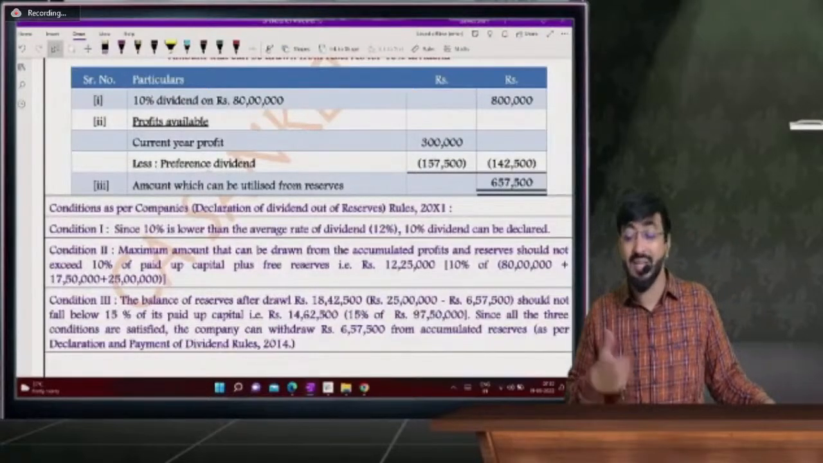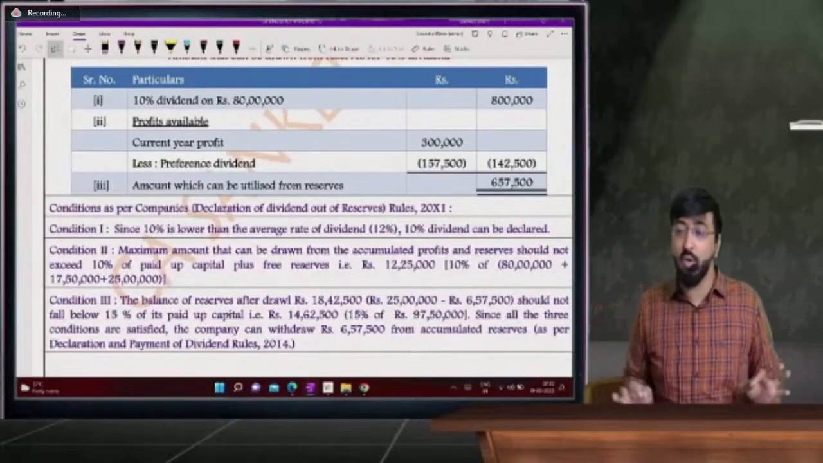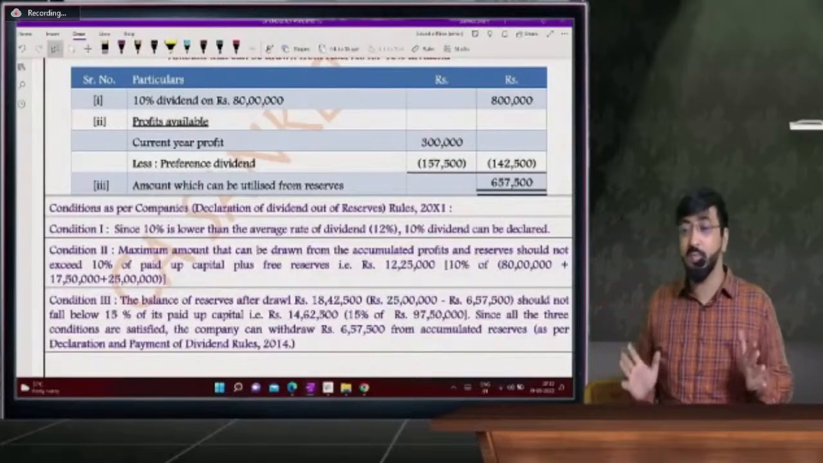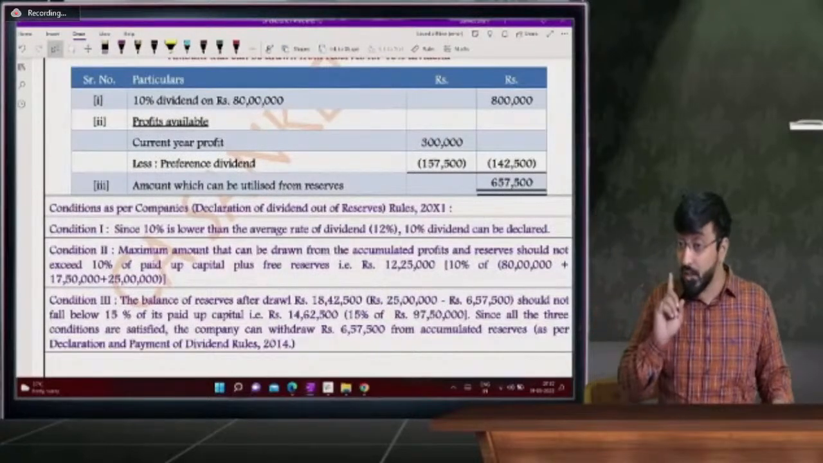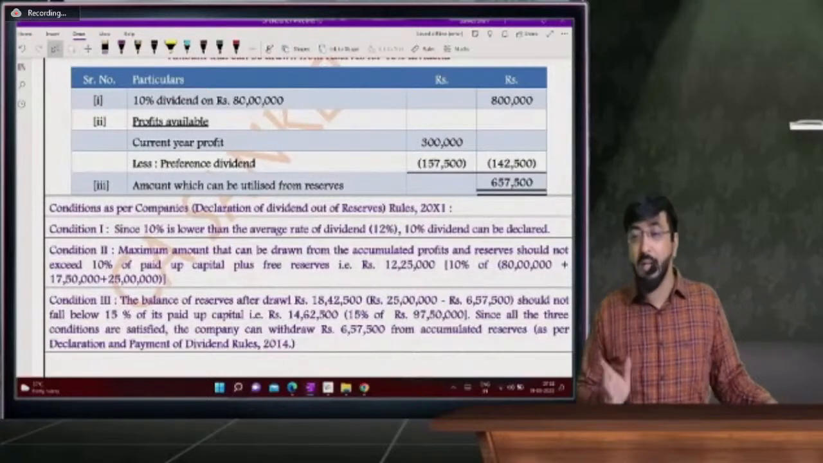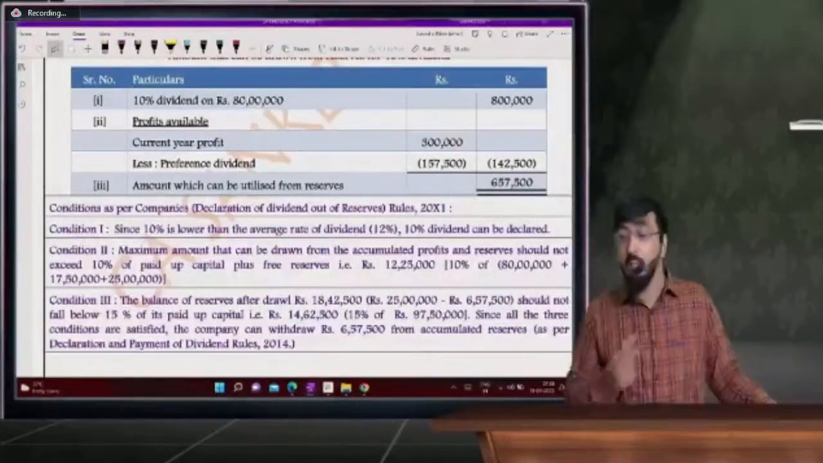सेकंड कंडीशन, मैक्सिमम अमाउंट कितना विड्रॉ कर सकते हो? तो बहुत सिंपल रूल लगाया है कि 10%। देखो, कोई भी बिजनेस में 10% ऑफ द पेड अप कैपिटल प्लस फ्री रिजर्व्स। पर एक बात याद रखना, पेड अप कैपिटल जो होता है वो प्रेफरेंस शेयर कैपिटल इंक्लूड करके होता है। सो पेड अप कैपिटल प्लस फ्री रिजर्व्स का 10% आपको मैक्सिमम अमाउंट दैट कैन बी विड्रॉन।